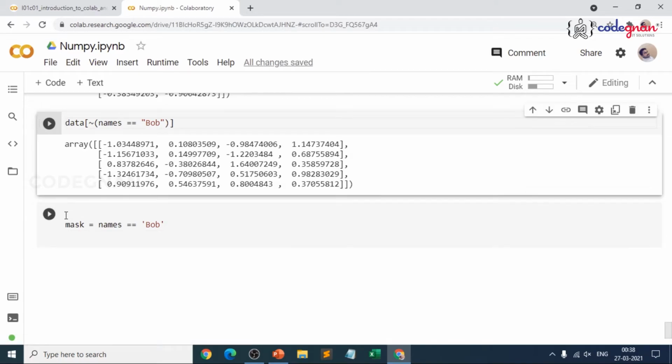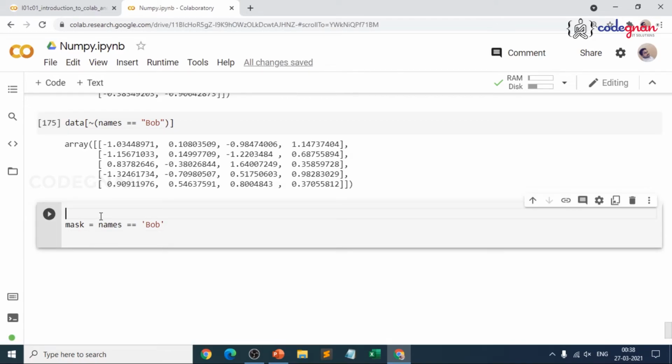So ampersand is and, because and is a logical operator, and bar is or. We cannot use those keywords here. That is the reason we use symbols.